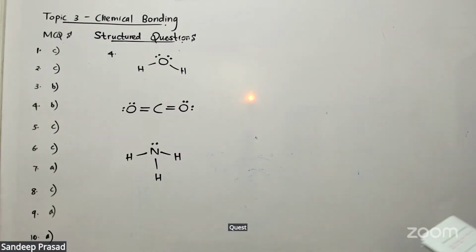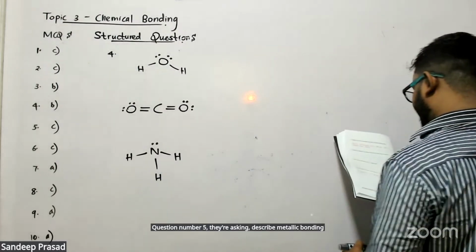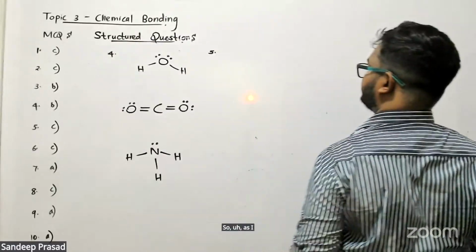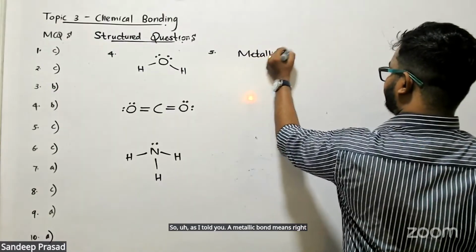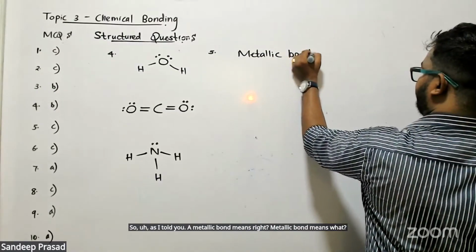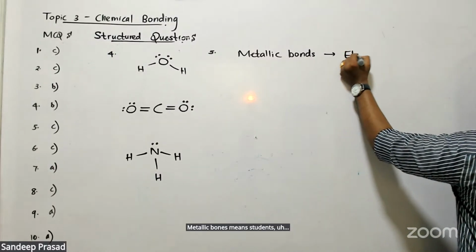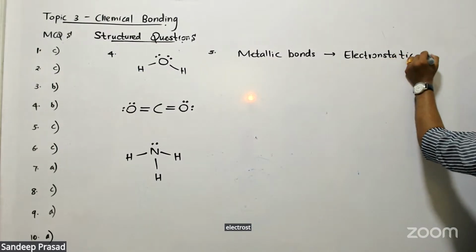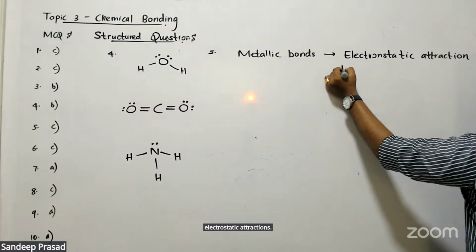Question number 5, they're asking, describe metallic bonding and relate it to properties of metals. So, as I told you, a metallic bond means, right? Metallic bond means what? Metallic bonds means, students, electrostatic attraction between